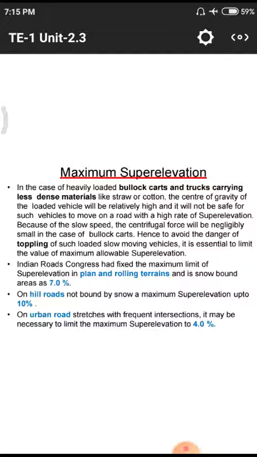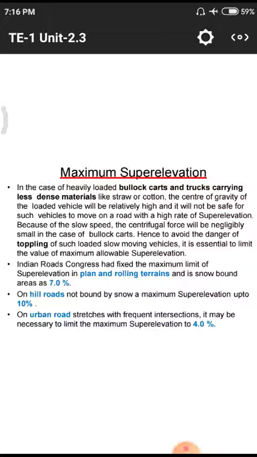So in normal cases their movement is very difficult. That means in our town purposes and other conditions, the movement of these is very strictly prohibited, because at the junctions, while they are moving, the traffic will automatically suffer due to these large spans. So in the maximum super elevation curve we are mainly discussing that in the olden days we mainly had bullock carts, which had less weight, so the super elevation will act as low as possible,